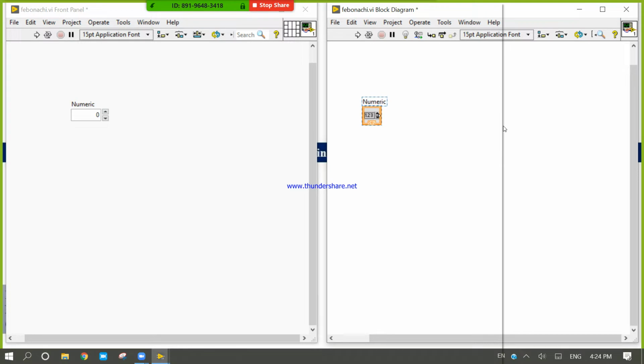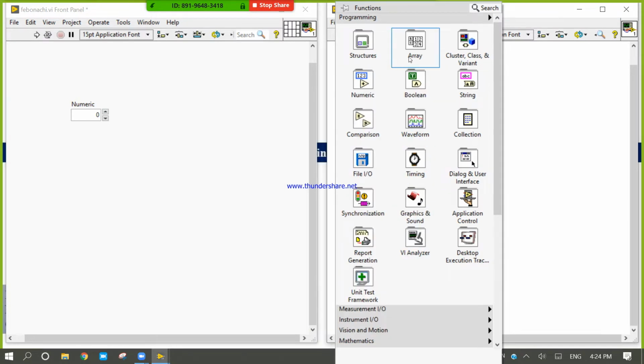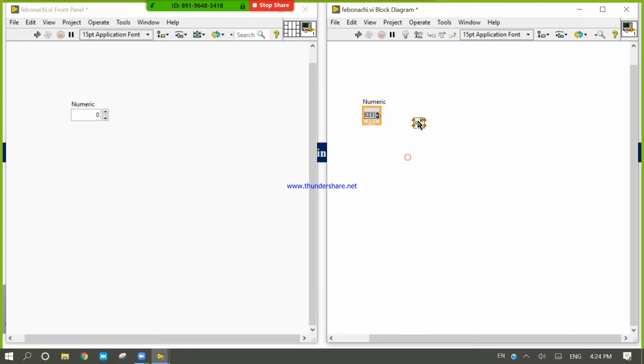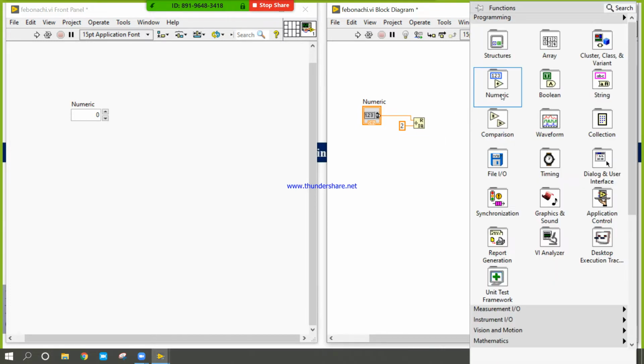Here I will generate a number. Now I am taking this quotient and remainder function. Using this quotient and remainder function, divide by 2. Here quotient and remainder.